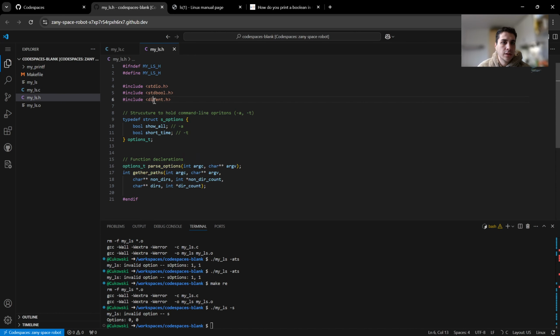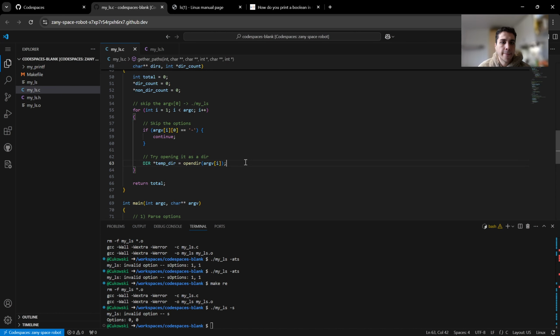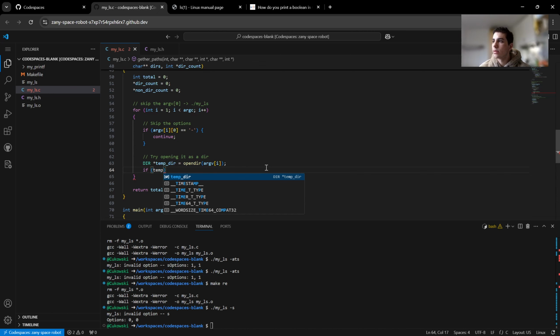Yes, it is in the directory entity header. So we are creating a temporary dir, and we are checking if temp dir exists. If it exists, it will be 1. In that case, it's a valid directory, and then we will close dir and temp dir,